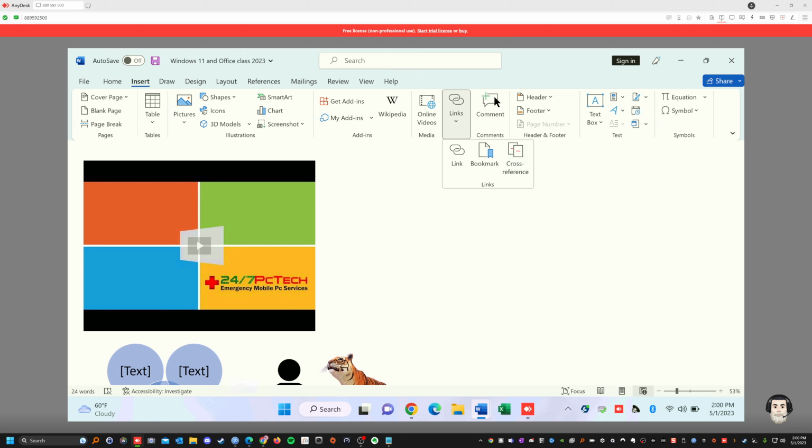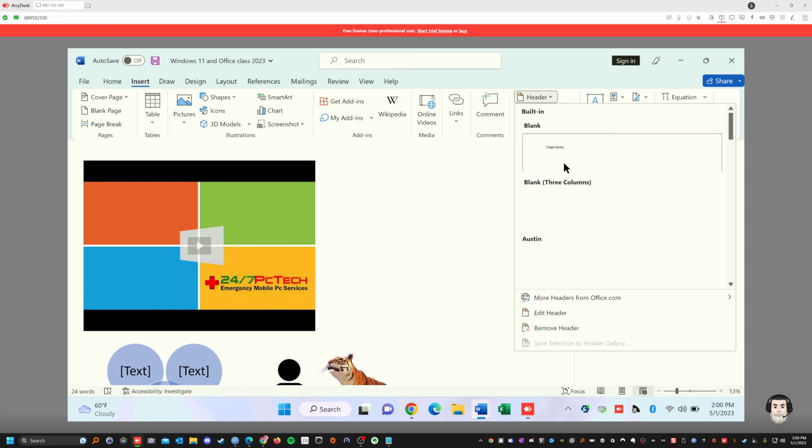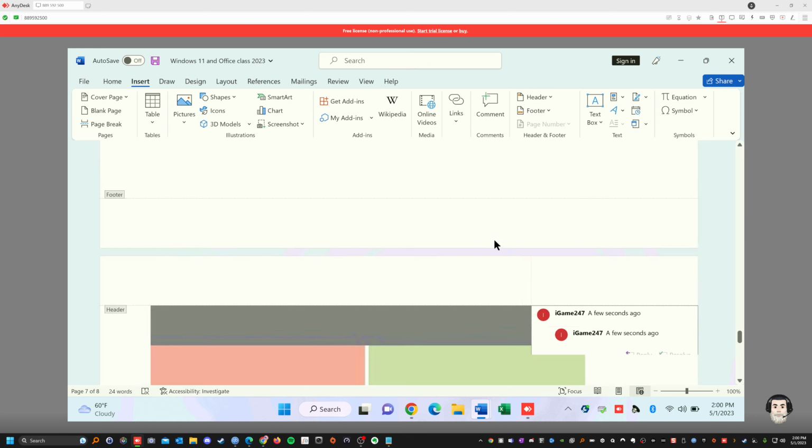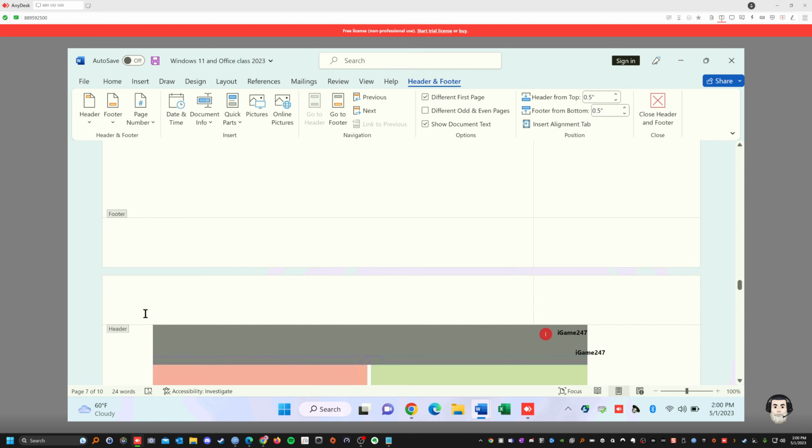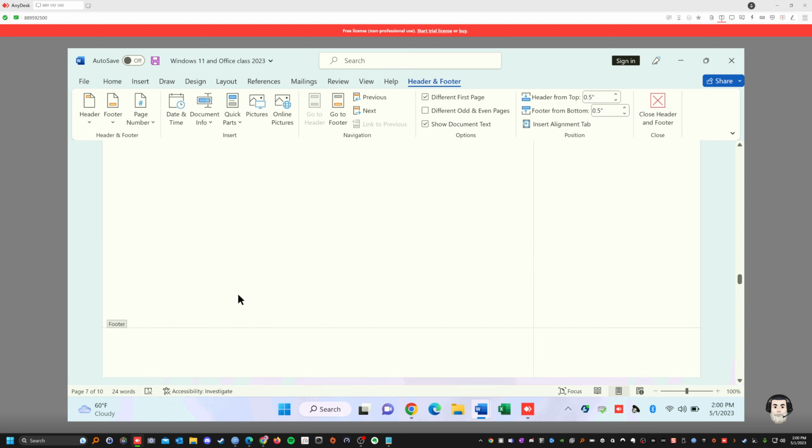That's if you want to add a comment. The next one. Simple. If you like something, you could add a comment in there. Oh, I don't like this, I like this, whatever. For your sake. Header and footer. You insert a header and a footer. Header, it's on top. You can put a header on top. You know what a header is, right? Yeah, there's a header now. See, that's the header. And that's the footer on the bottom. See that footer? See the header on top of the page and the footer on the bottom of the page.